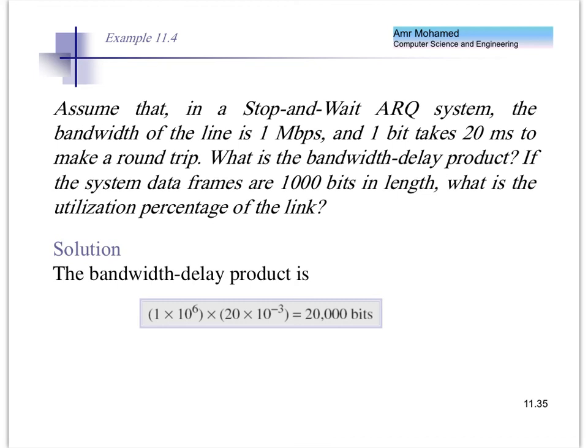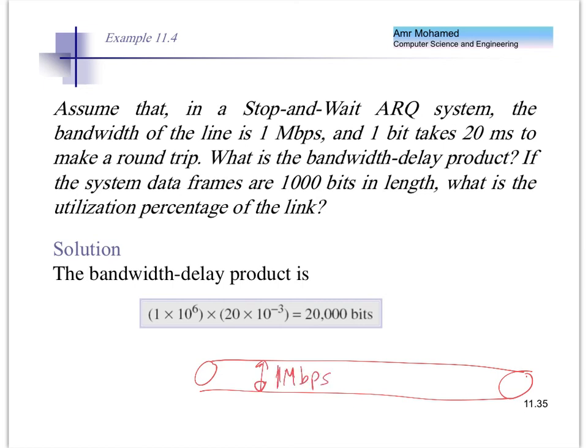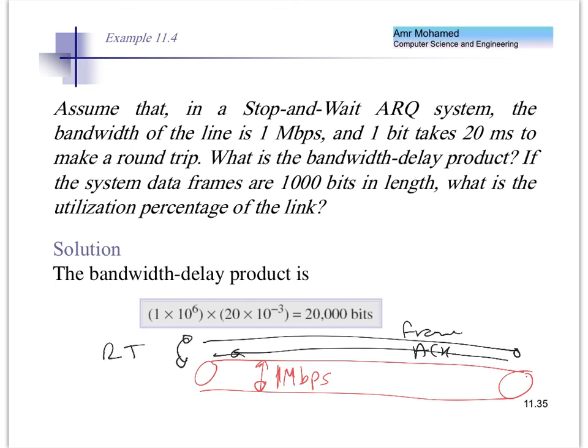So if we assume that we have a medium that has a bandwidth of 1 megabits per second, and that for one bit to go all the way to the medium and then come back, the first one is actually the frame, the second one is actually the acknowledgement, right? So this round trip time is actually